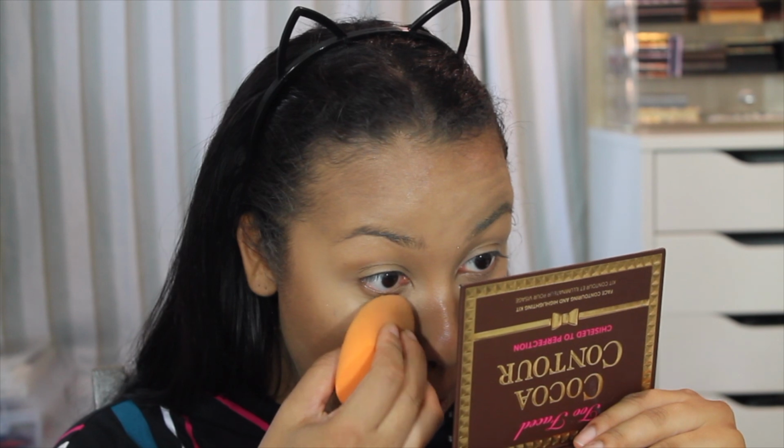I don't think I really see any serious creasing under my eyes though. A little bit, but it's not bad. So far though, I'm really liking the Kevyn Aucoin under the eyes. I'm one of those people that still uses the Ben Nye powder. Swear by it still because it works for anything and every product. It always works. So I'm not going to use it today and I'm